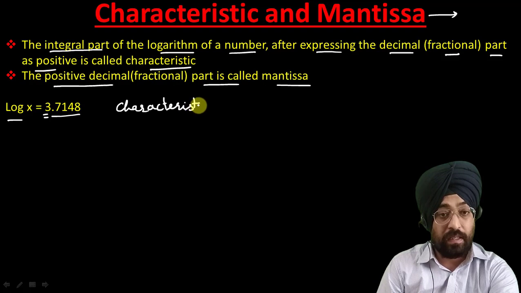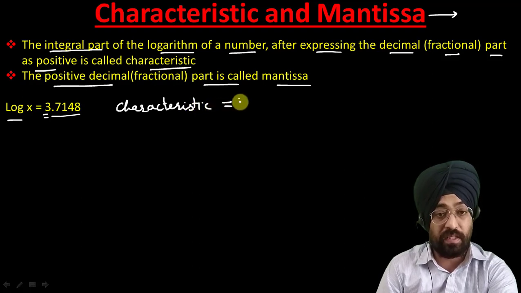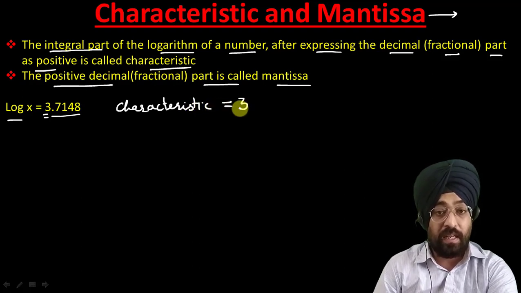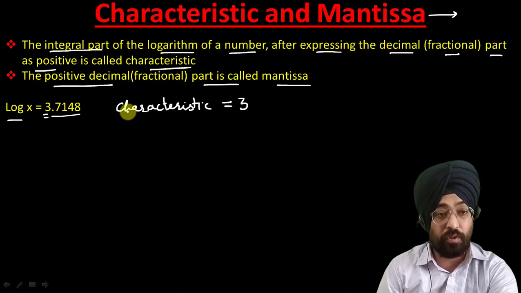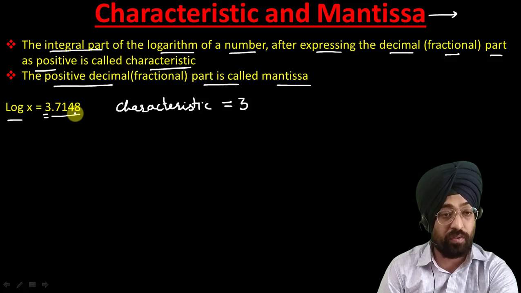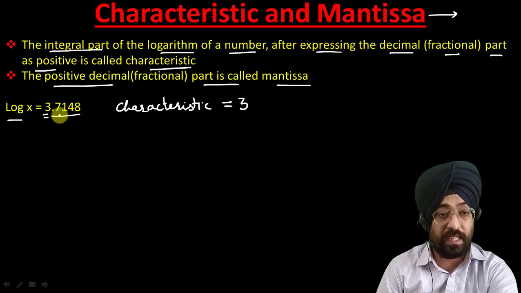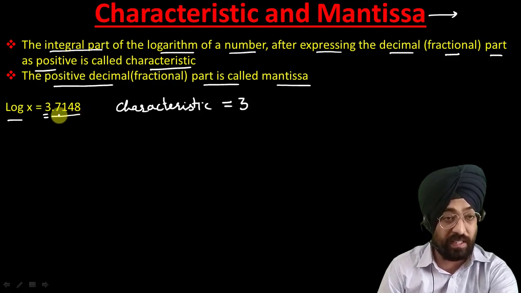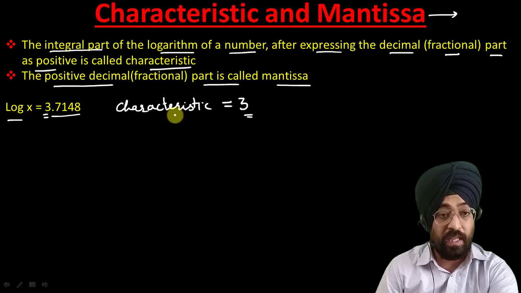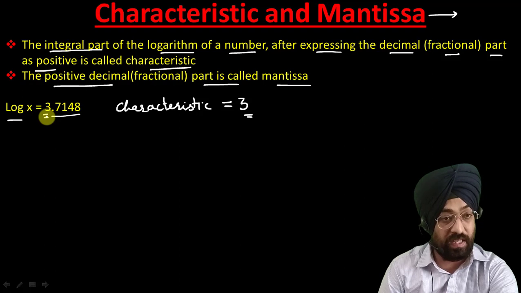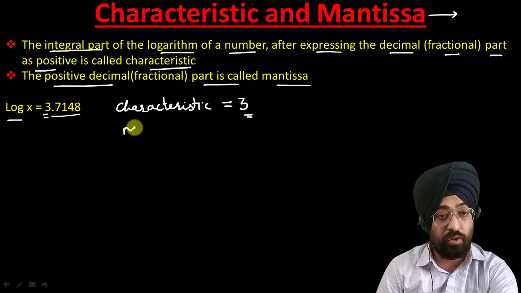Characteristic of this is 3, and he says that the decimal part has to be positive. In this case the decimal part is positive, so it is very easy to find the characteristic. It is the digit before the decimal point, so it is 3, and this decimal part 0.7148, provided it is positive. In this case it is positive, so the